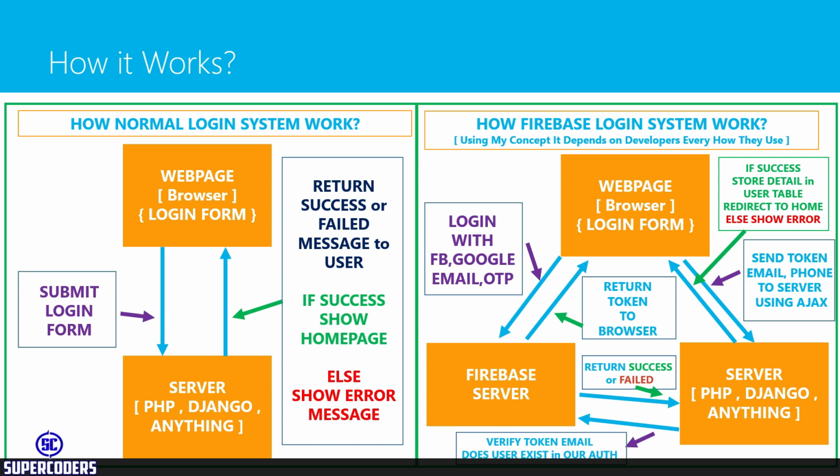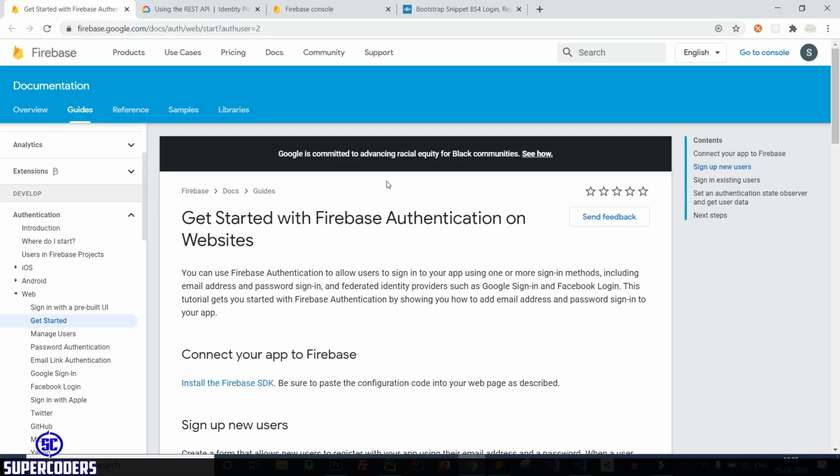So after all that, now let's go back to the coding part of this implementation. So let's get started. Here, if you see, I opened 4 tabs. First is the Firebase Auth documentation for login with every type of system. You can see it contains login with email, password, email link, Google sign in and Facebook login.